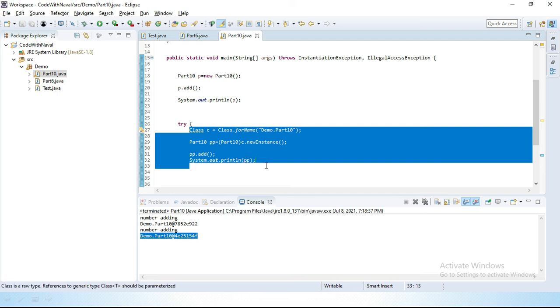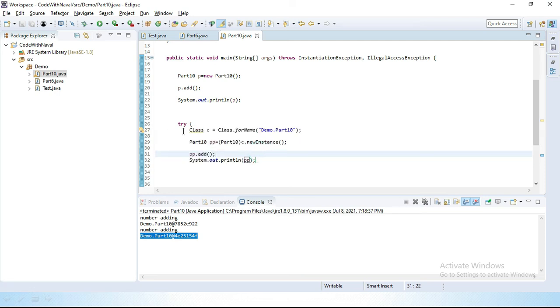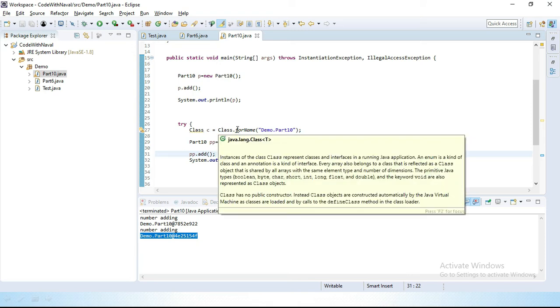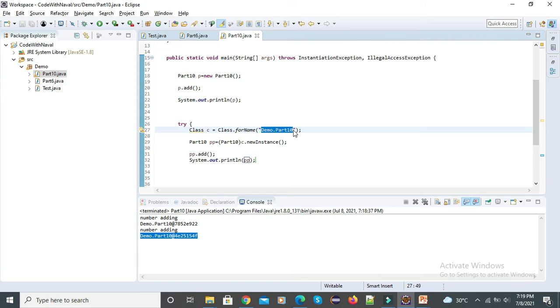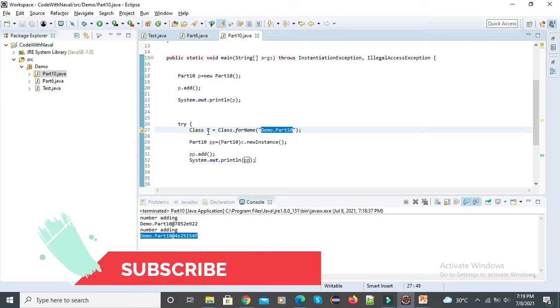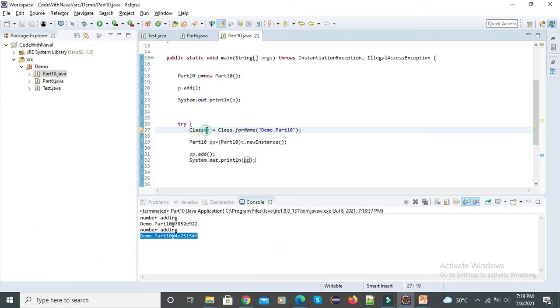Okay, now remember this few lines of code for object creation without using the new keyword. First you have to declare Class.forName. Inside Class.forName you have to pass your fully qualified class name, and then you get one class type variable. Using that variable you can simply call c.newInstance.